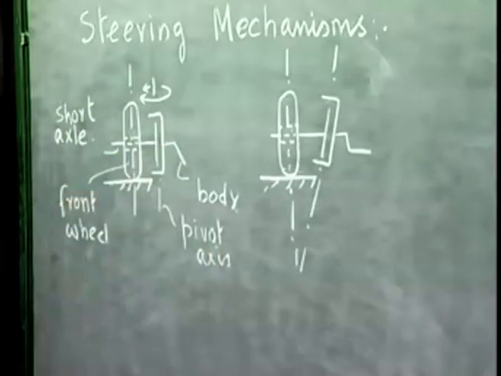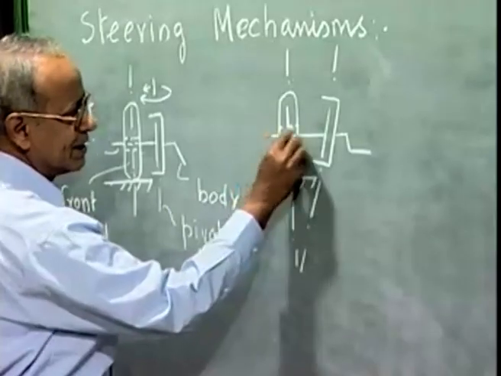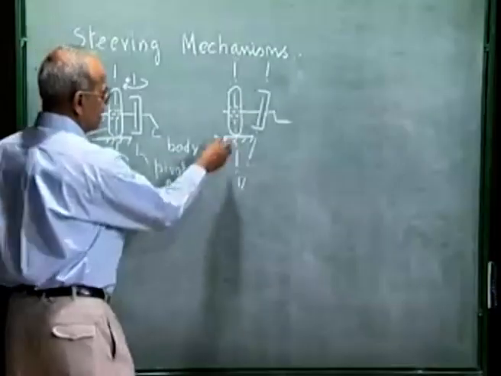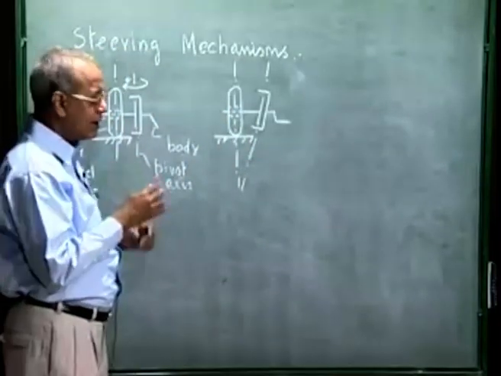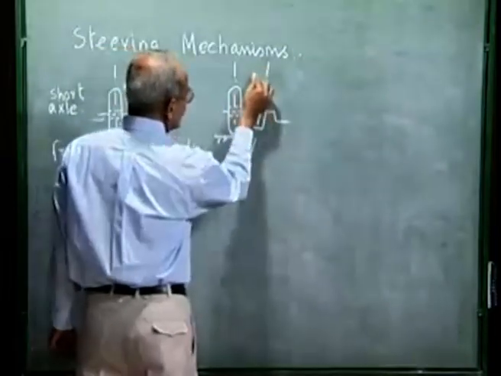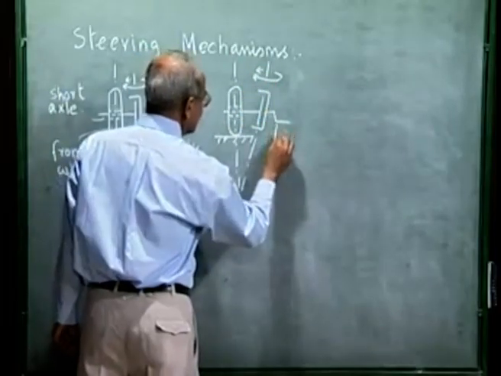Again, this is the front view of one of the front wheels. This is the road surface. This is the short axle about which the front wheel can rotate, and during the steering action, when the car wants to take a turn, this wheel will rotate about this pivot axis. And this is the body